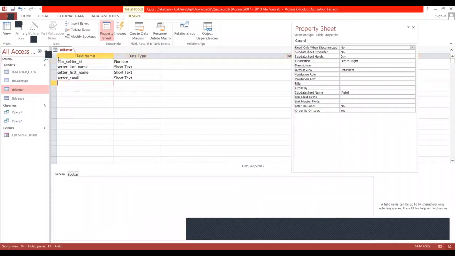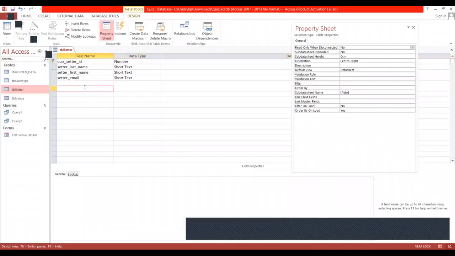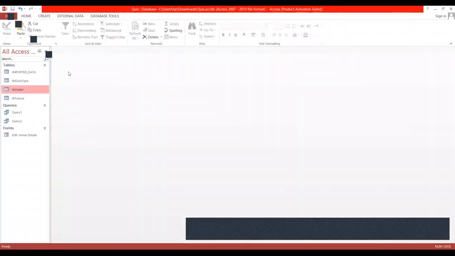All right, so again, quiz setter ID is the primary key, and I'll mark that as the primary key. So that's the two parent tables. And now I have to create the child table, which is the quiz table, which has all the information about who's setting it, where it's set, the dates, number of players, number of teams,